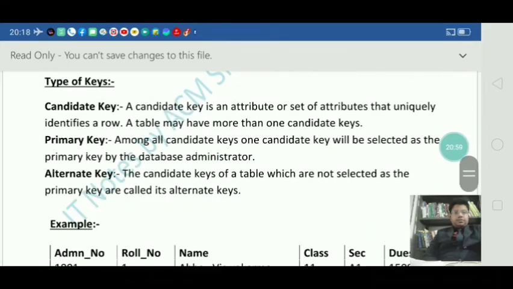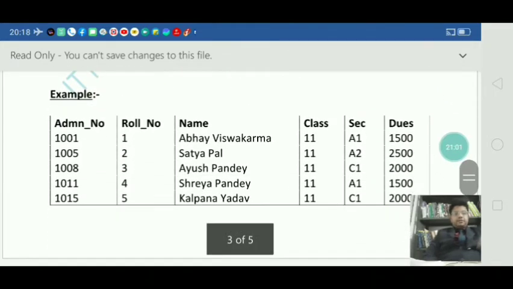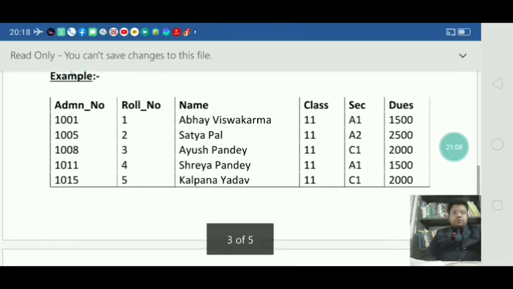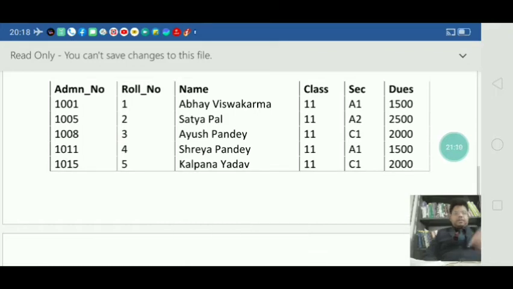So here is another example I have taken. The table name is student. It contains admission number, roll number, name, class, section, dues. Look at the different columns of this table.